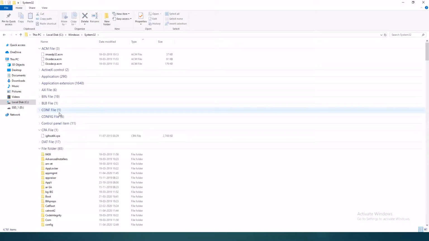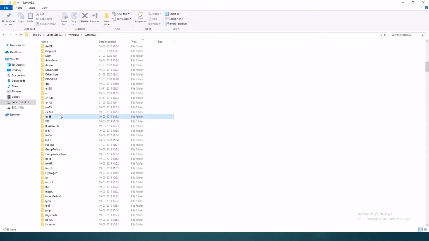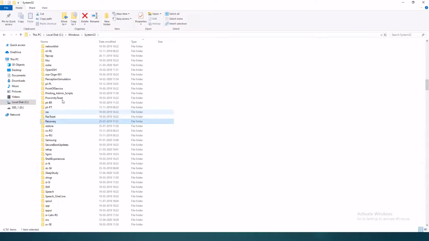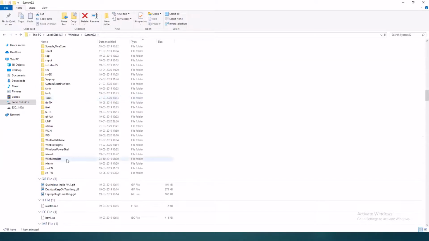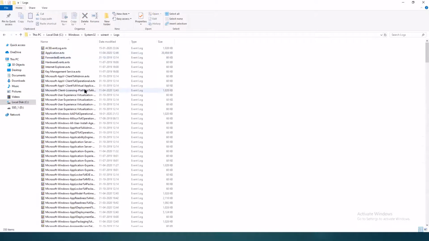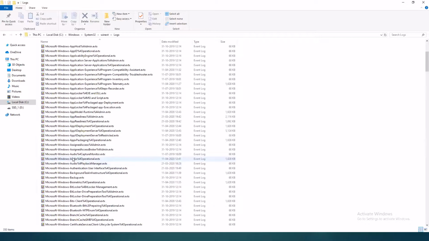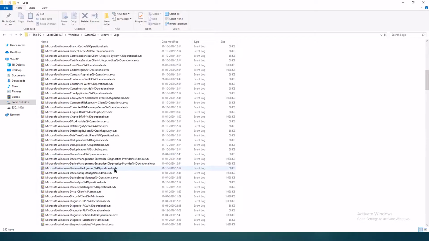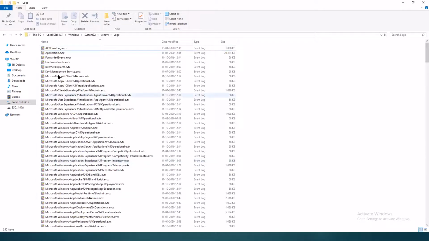So on my own system, these are the logs for my Windows system. So logs can come in multiple forms.